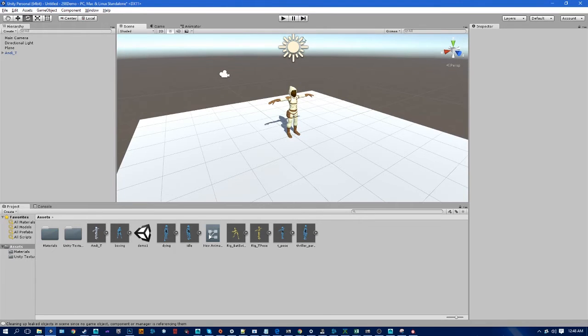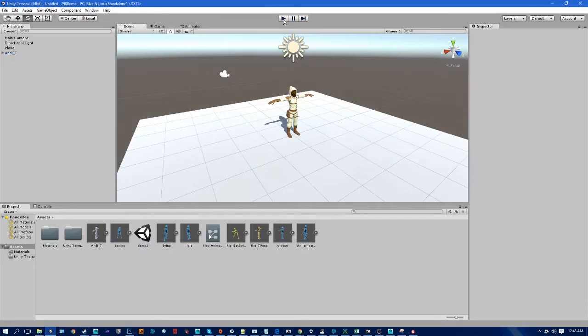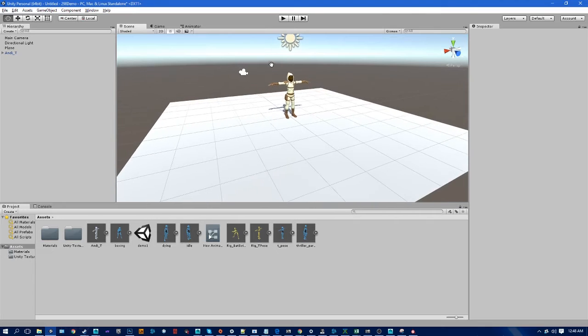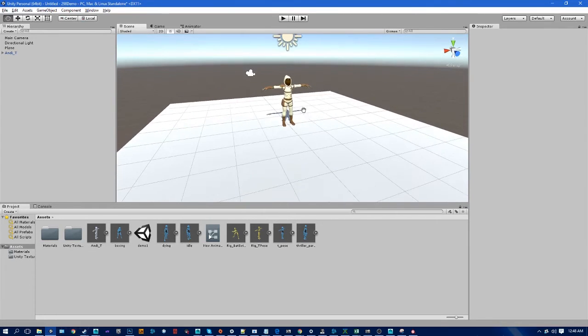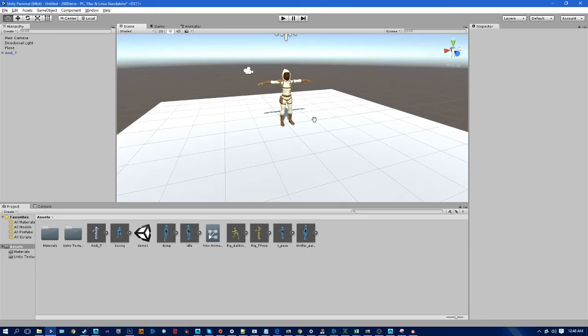There's not going to be any animations on here, but I just want to see where the camera is. That's not great. So I want to be able to see these animations. I would actually like the camera to be about here. This is a great spot to view all of my animations. It's far enough away that the character has some breathing room for any large animations, but it gives me a